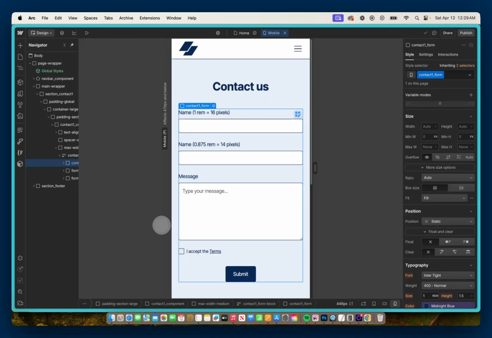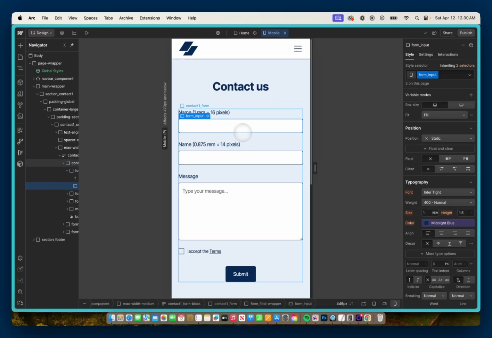Hey there, if you're using a "smaller" font for your input forms on mobile, your users might be experiencing a slight zoom in effect on iPhones. And the reason that's happening is because anything that's less than 16 pixels will render a zoom in effect on iPhones. So to illustrate this example, I have two input forms here, and one I have set to 1 rem